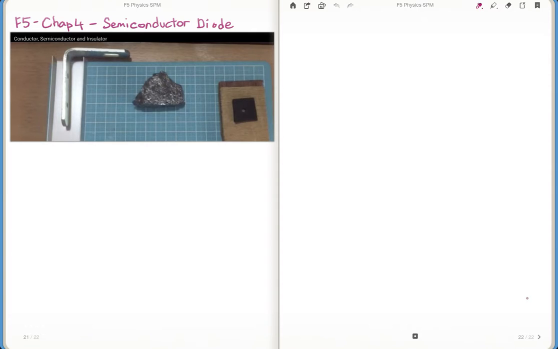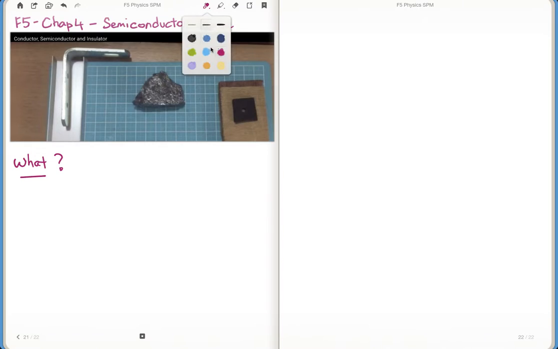So in this video we'll talk about the semiconductor diode. Now before I really talk about semiconductor diode applications, I would like to talk about the semiconductor. Okay, what is a semiconductor? Let's answer the question. Now this video above here, this square, you may also click onto it because it will bring up another video that will compare